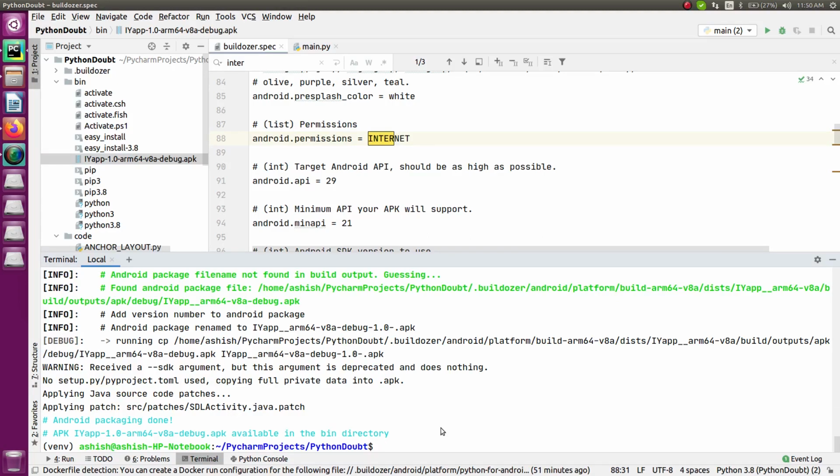So try creating an application for that, so that you can use it for sending an email to multiple users. So that is it for today, and this is the assignment for you. You can do it on your own, but if you are able to do it, just let me know in the comment section, so that we will feel proud that you have learned something from our videos.